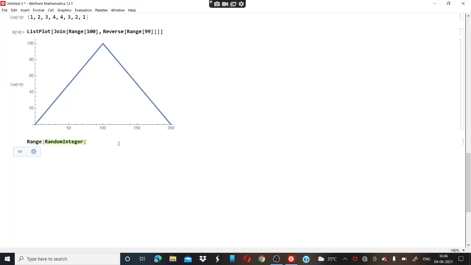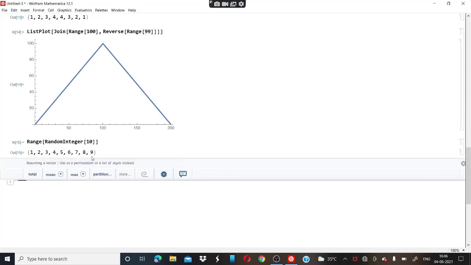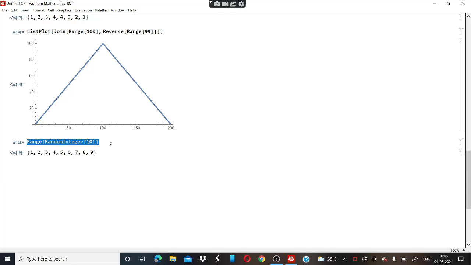Random integer for what? It's 10. Then we will close this bracket. So this function is going to select any random number from 1 to 10 and it will make a range for it. For example, here as the output suggests, the random integer chose 9 as a number and then it defined the range.